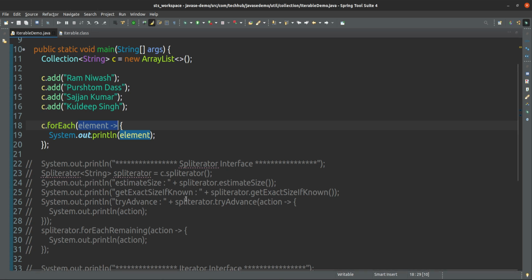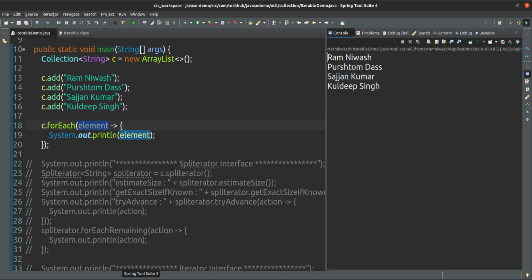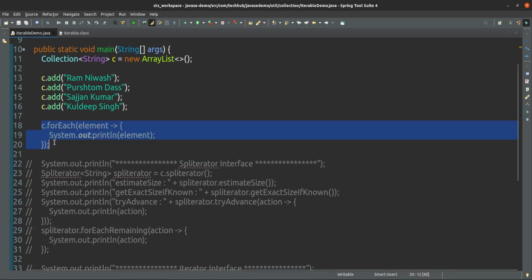So that we can see. You can go to that session and you can watch that one. No issue. Okay. So here this is forEach, and this is the lambda expression, and we are printing this one. So it is printing. Okay, next method from